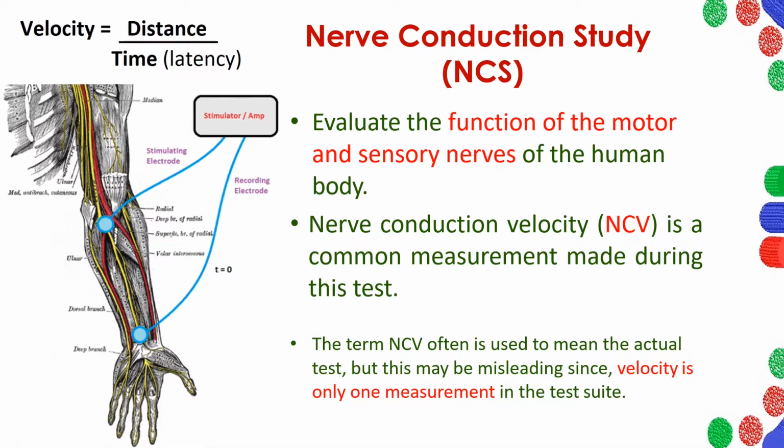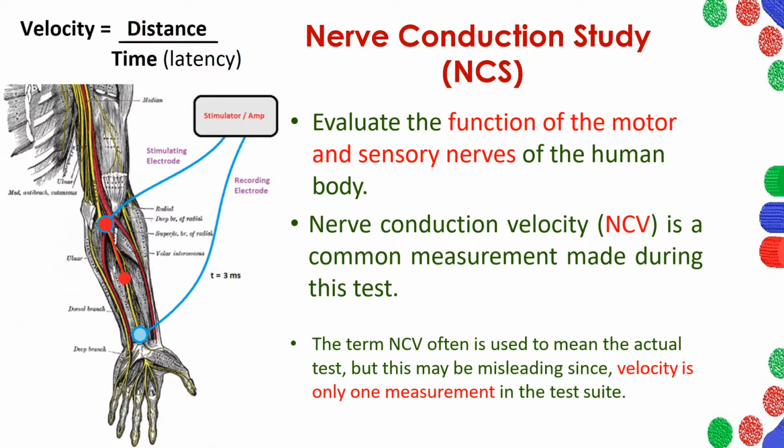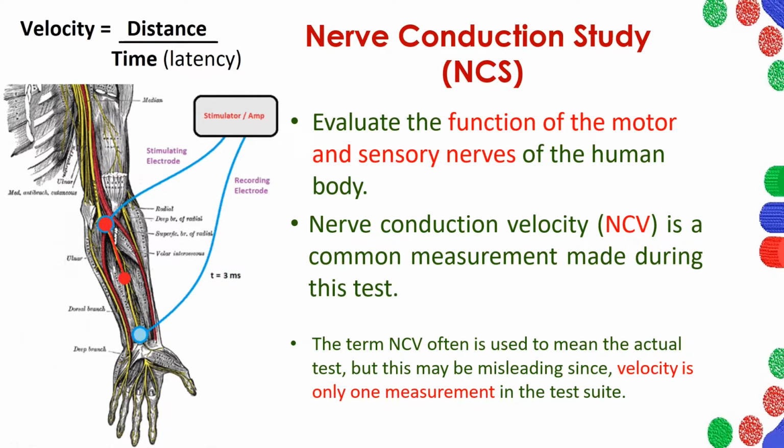To understand the principle of nerve conduction velocity, you have to go to physics, where velocity is defined as distance upon time. This you might know from your physics classes. So here the principle is also similar, very easy. What we do is we stimulate one of the nerves with a stimulating electrode at one point. Now this impulse is created at this point and travels down the nerve, and there is a recording electrode at another point far away from the stimulating electrode.